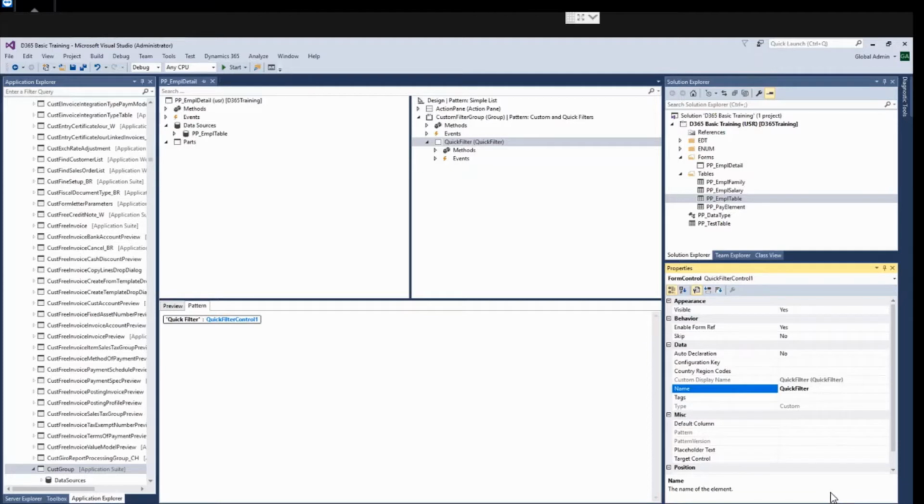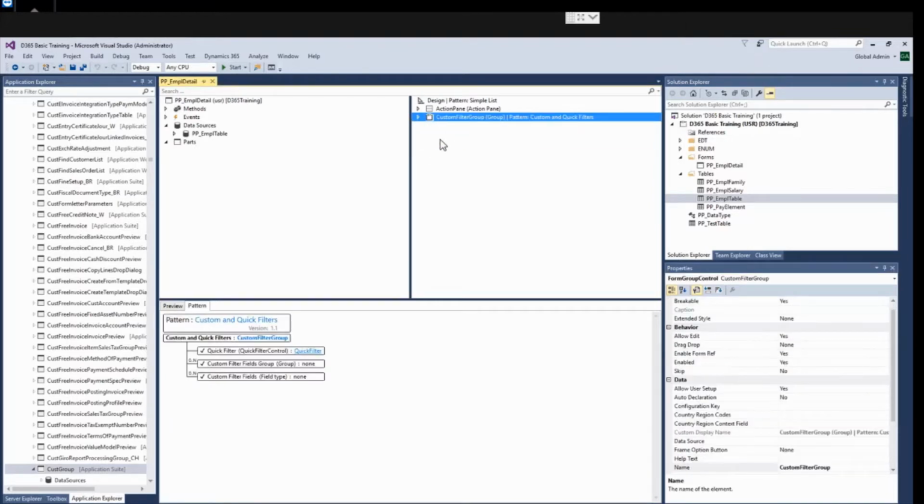We will need to link this to our next control, that is the grid control. So we will complete this control a little later. Here we will link with the target control. Right now we have not created the grid control. So first we will complete the grid control, then we will link this filter with that grid control.